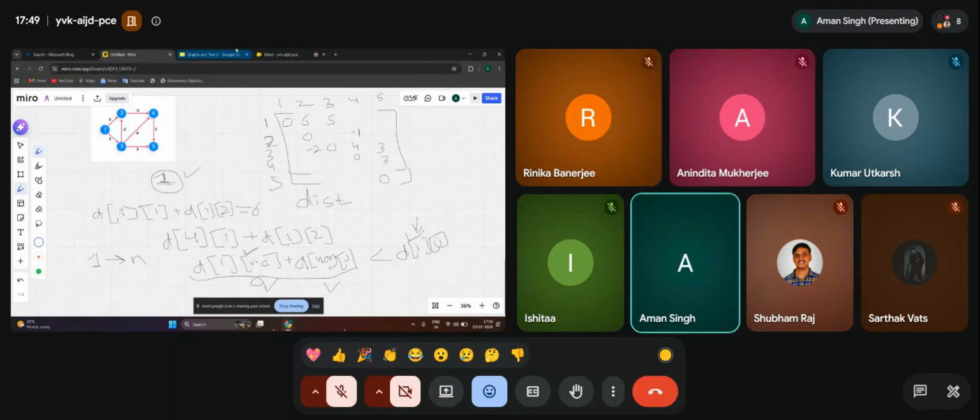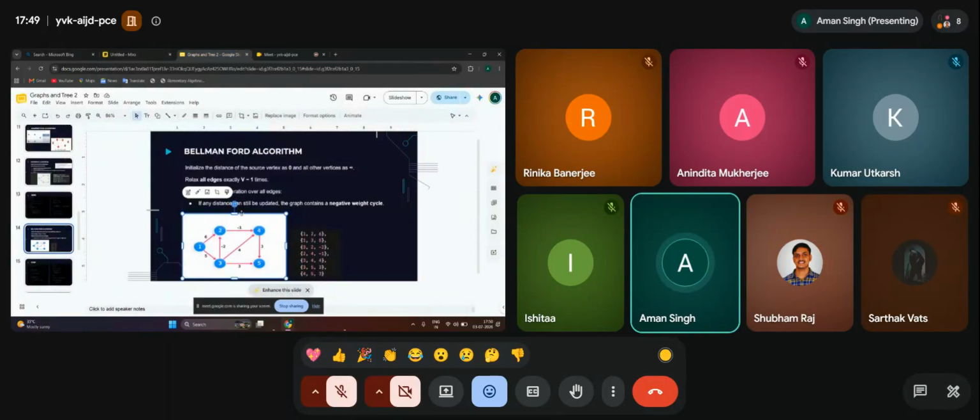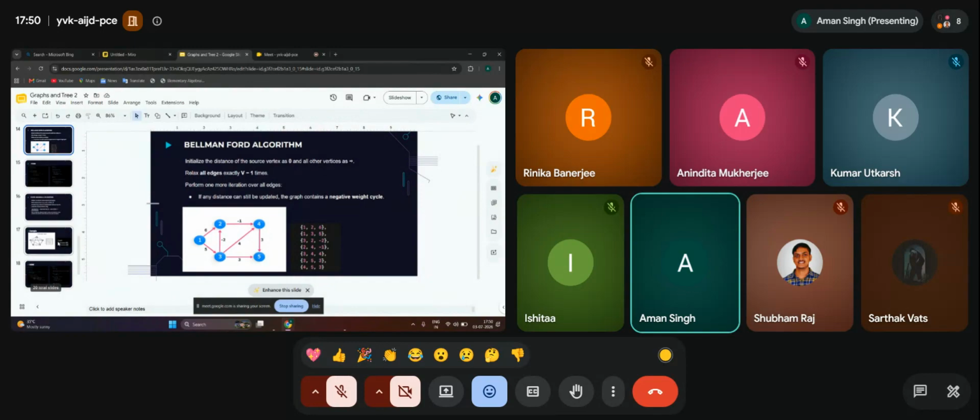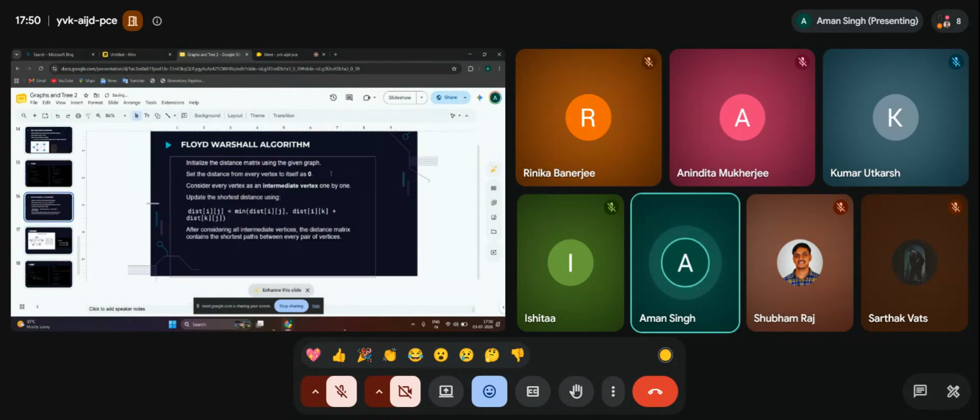So this one is the third version, and this is the algorithm we are following here. We are initializing the distance matrix from the given graph and setting the distance from every vertex to itself as 0. And we are considering every node as an intermediate node one by one. And we are storing distance of i to j as the minimum of distance of i to j,